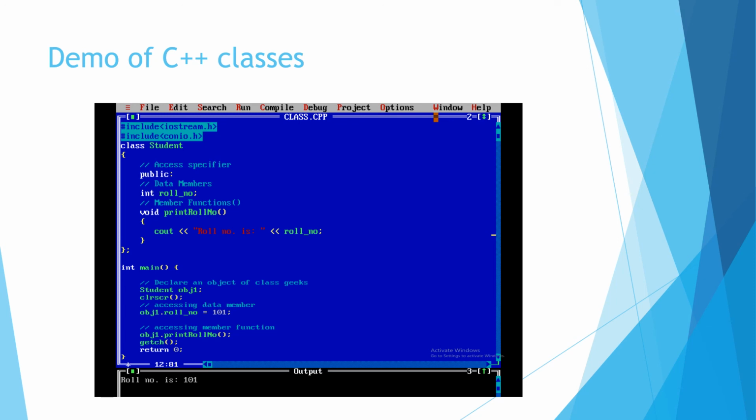Then to access the variables or data members of class student, the dot operator is to be used. So obj1 dot roll number is equal to 101. Then the obj1 dot print roll number function has been called, and you can see the output of it here. The function will be called and roll number will be printed, but here the roll number actually is obj1 dot roll number.